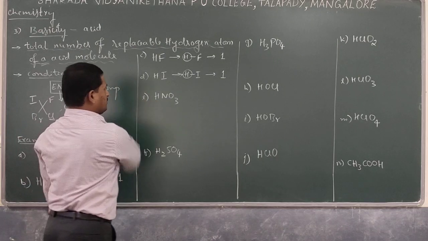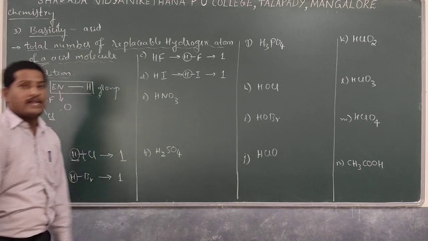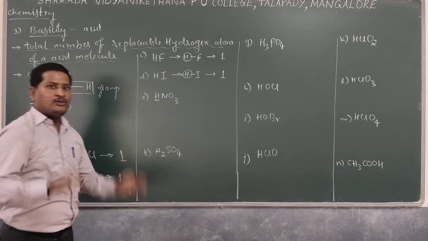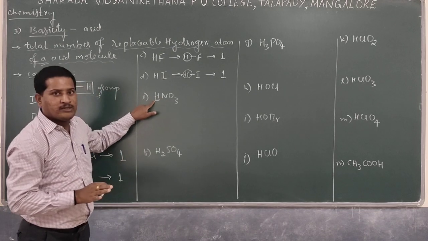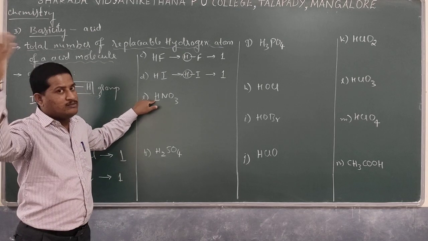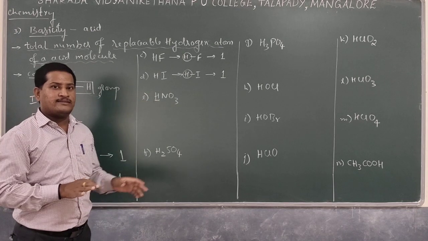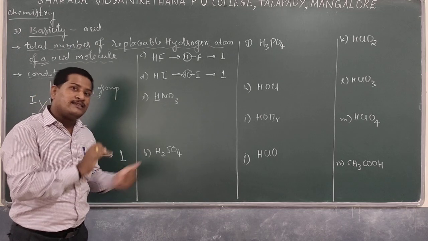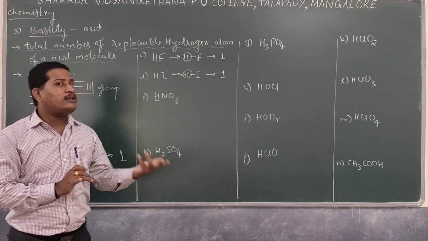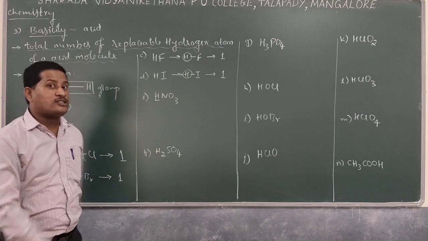And HNO3 is called nitric acid. In this case, the number of hydrogen atoms is 1, but don't look at the number of hydrogen atoms present. You should go with the structure only. If the number of hydrogen atoms present is more than 1, the basicity value also will not simply increase. That means if 2 hydrogens are there, then basicity may be 2 or may not be 2. That is decided by the structure only.